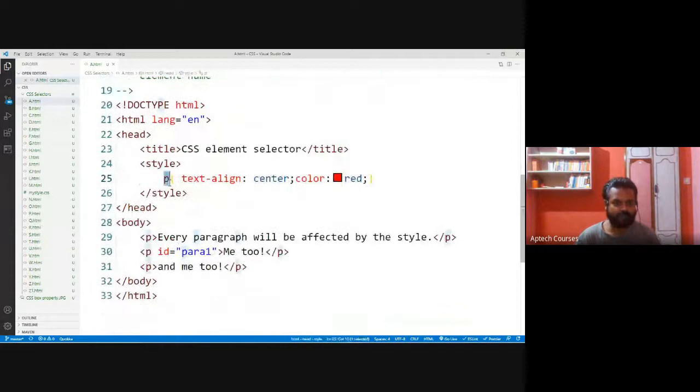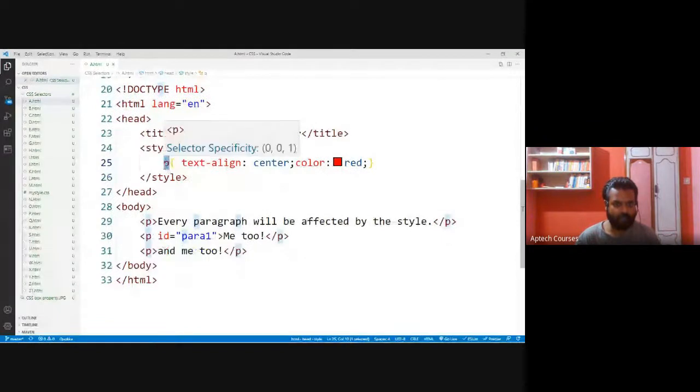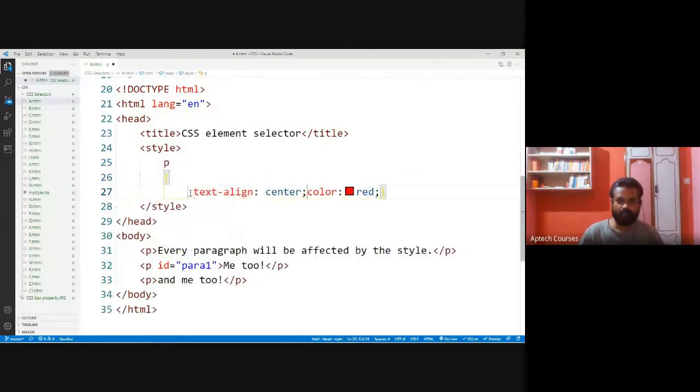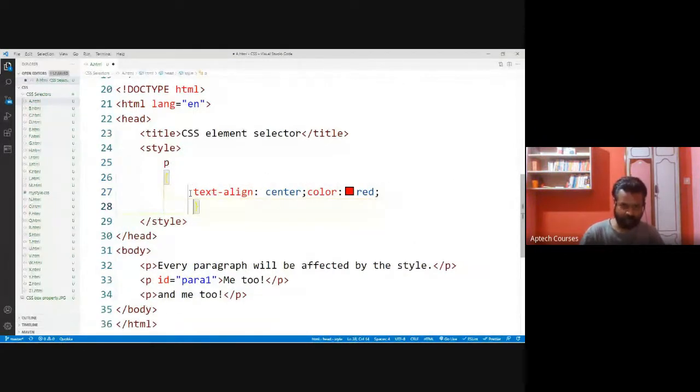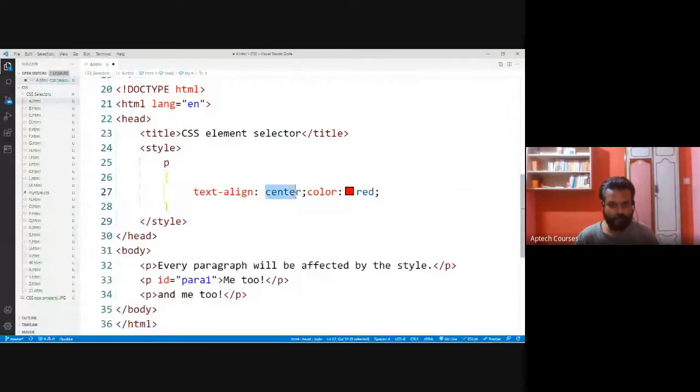Here, this is the selector we are calling: P. P is the selector. Then this is the CSS property, text-align. Text-align is the property. Then this is the value. Center is the value. Color is also a property. Then red is the value. By using semicolon as a separator, we can supply any number of properties and values.